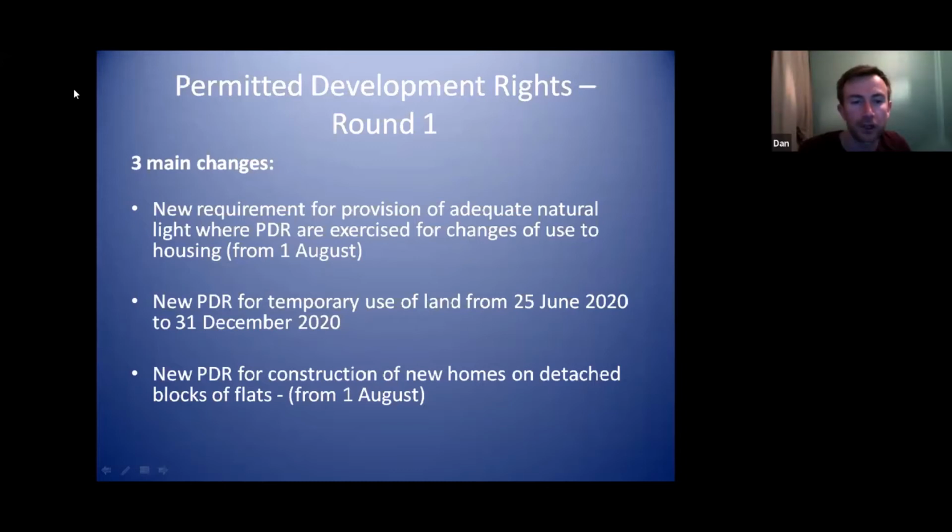The other one was temporary land use changes, which came about through the pandemic that we're in now. It was about allowing local authorities to change land, mainly in town centres. So it'd be things like seating outside or markets, just to help businesses through the time that we're in at the moment. And then the last thing was to introduce the construction of new homes on detached blocks